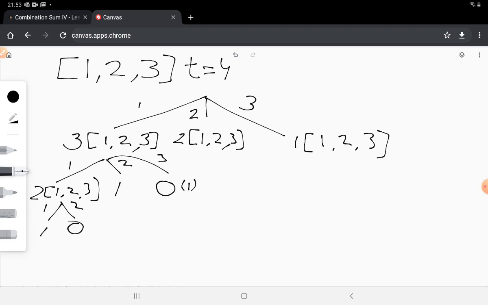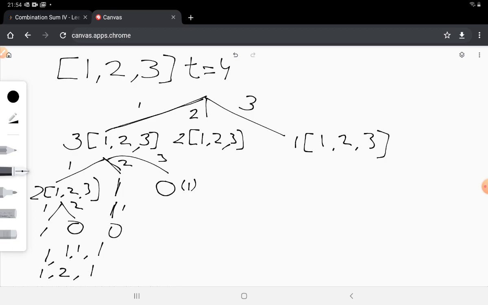Similarly, when I have a target of 1, I just have an option of choosing 1 and reaching a target of 0. And with 3, I already have reached a target. So this way we can see the possible ways when we choose 1 as the first digit. We have the option of choosing 1, 1, 1 and 1, which is 4 ones, or the second option is choosing 1, then 2, then 1, which is this path, basically going over here, choosing 1, then choosing 2, and then again choosing 1.